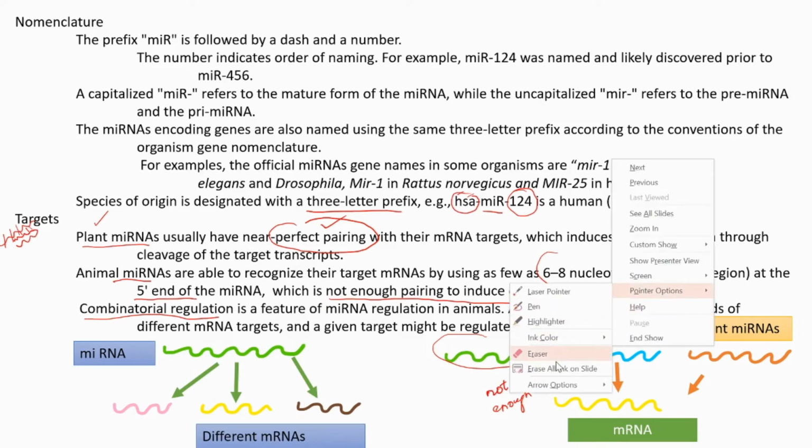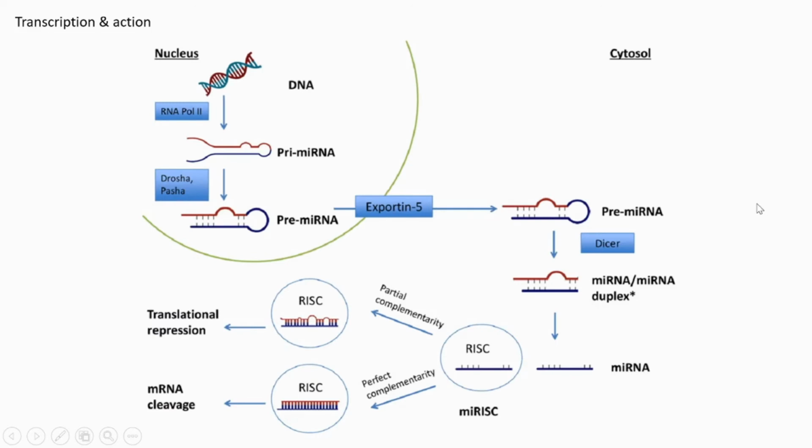Next, we are going to see the transcription, how this miRNA is forming and in what way it acts. It's very important. We can go and see. Consider this is the nucleus. Inside this is the DNA. In this DNA, genes are arranged, and from the genes, upon transcription with the help of RNA polymerase II, an mRNA will form.